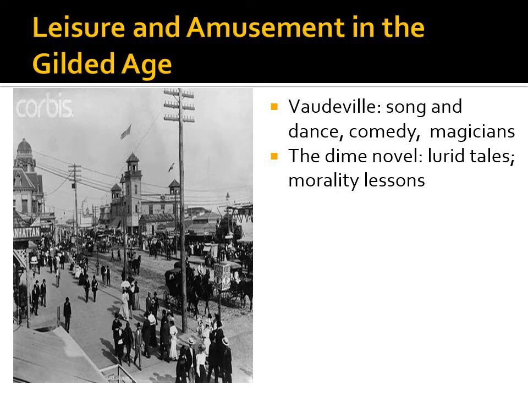This was the predominant form of pop culture before the widespread availability of visual forms of pop culture like motion pictures, later radio, television. In the 1870s and 1880s, before cinema, radio, television, most forms of pop culture were print culture. And the dime novel was a key aspect of that because, again, for a very small consumer price of 10 cents, it offered you fantasy, offered you lurid, sensationalist stories of sex and violence, also offered you morality lessons